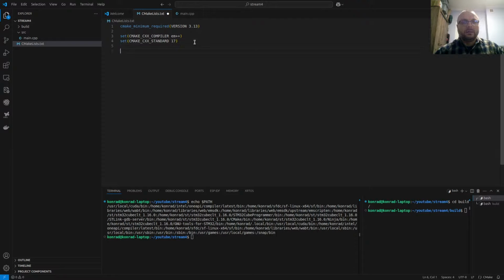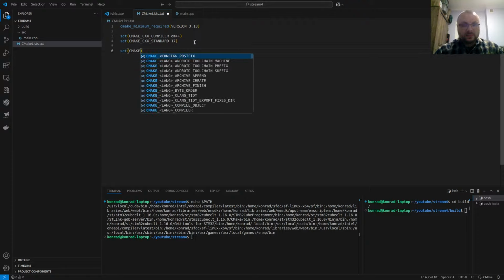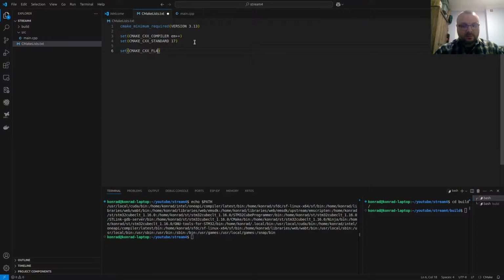Okay, what else? We will set CXX flags and link options, so that will be strongly related to Emscripten. Set CMake CXX flags, and that will be a string. So we will preserve what was there in case there is additional configuration, and we pass optimization, so that is in the string